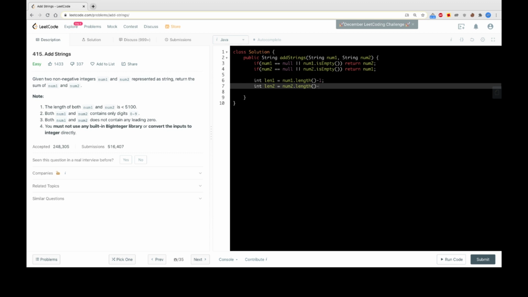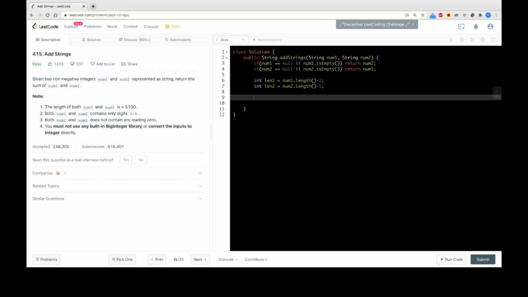Similarly for the other string. Now as we need a carry forward variable, we can call it carry and initialize it with 0.